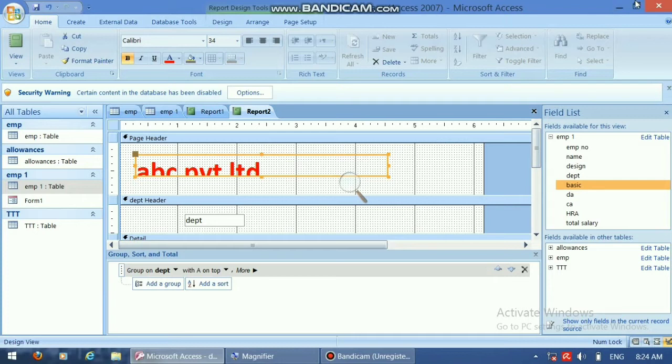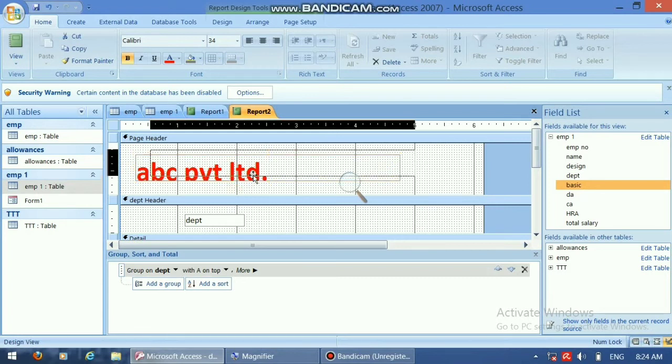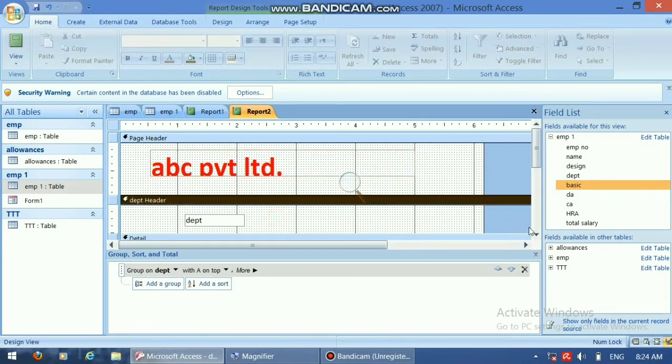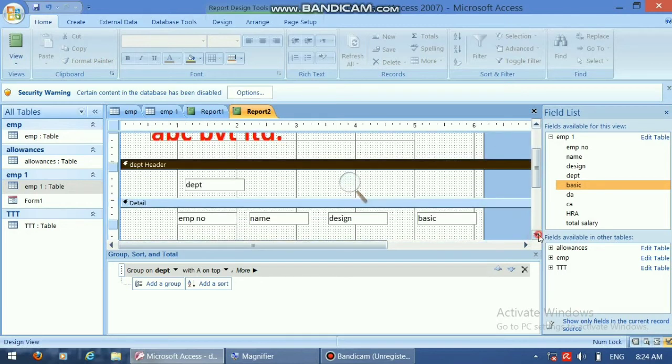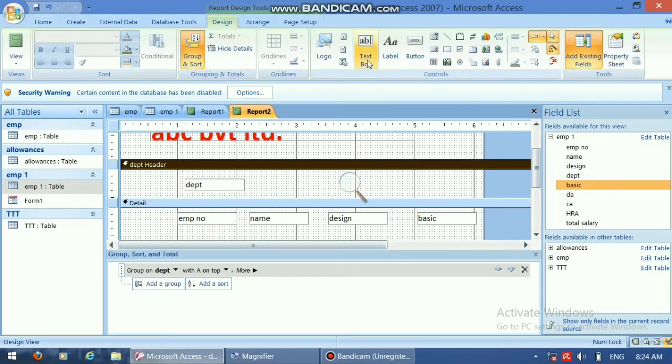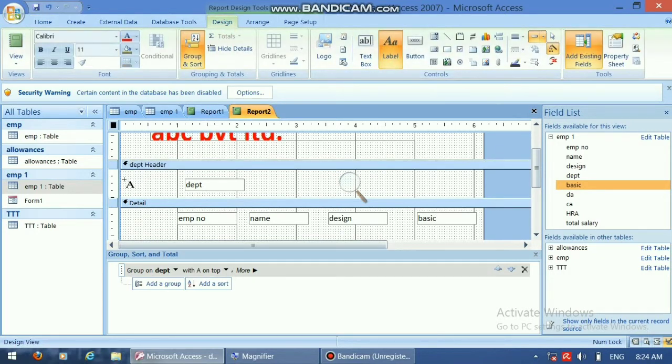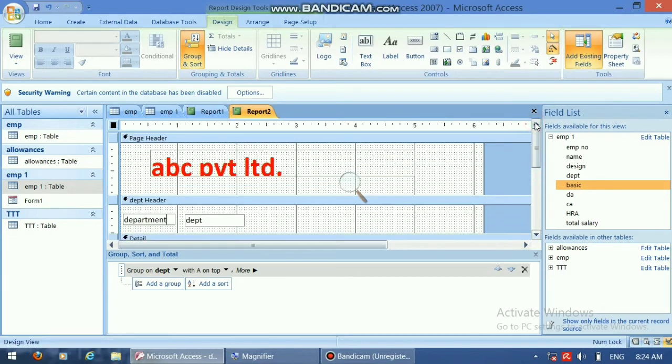Now you need to give headings to fields. So first of all, department. In the department header, you will write Department. Go to Label, just click over here and write Department. This is the heading for department. And for other fields, you need to give headings in the page header.